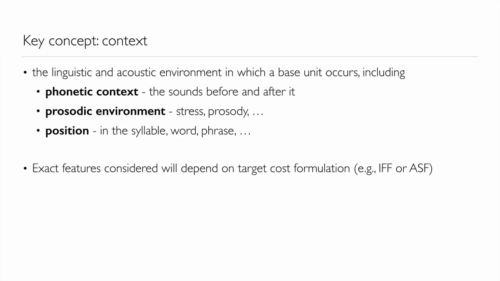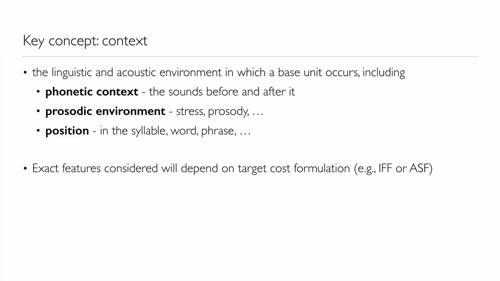So the exact specification of context depends entirely on what our front end can deliver and what our target cost is going to take into account, whether it's an independent feature formulation or an acoustic space formulation. Now, for the purposes of designing our database, we're going to keep things a little bit simple, and we're just going to consider linguistic features. So we're just going to assume that our target cost is of the most simple IFF type when designing our